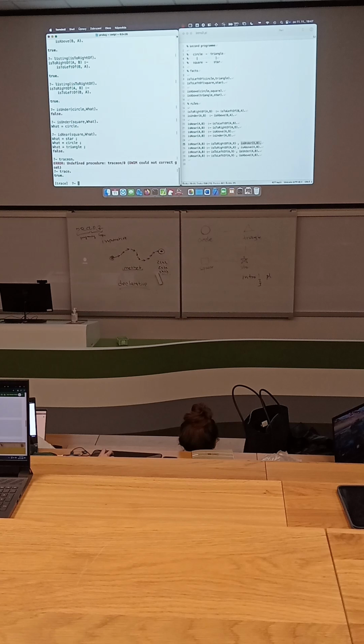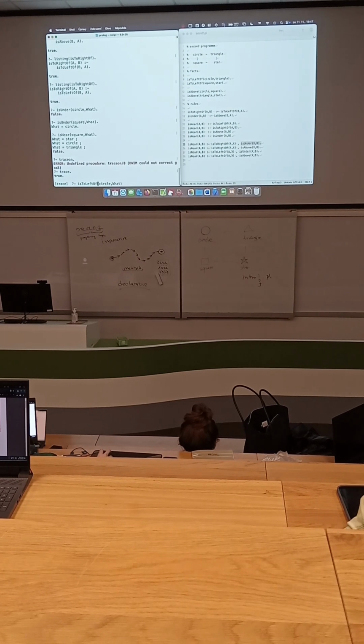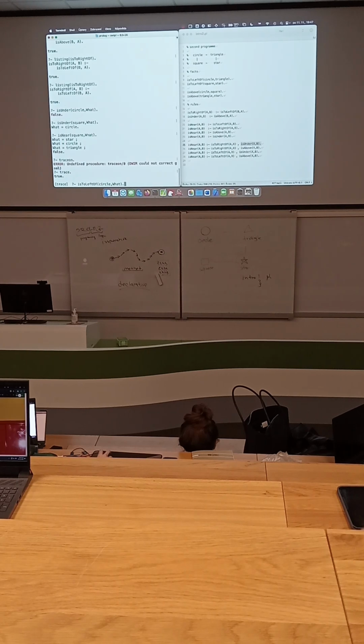Started tracing mode. And I will ask again, is to left of circle what? Okay.